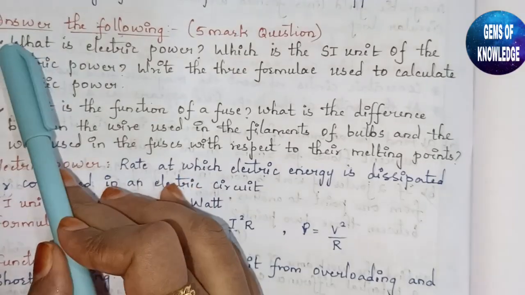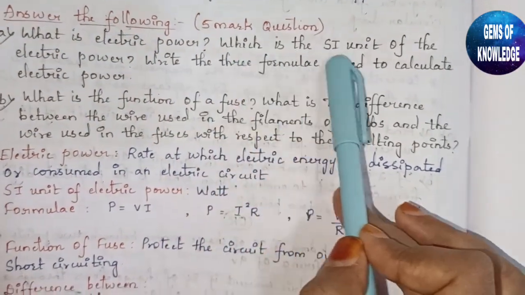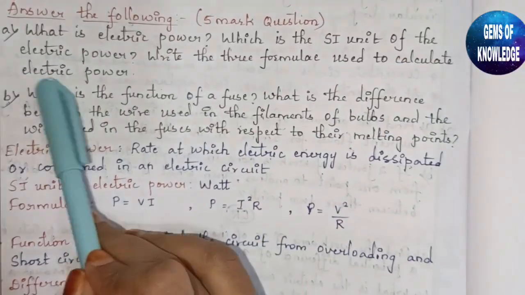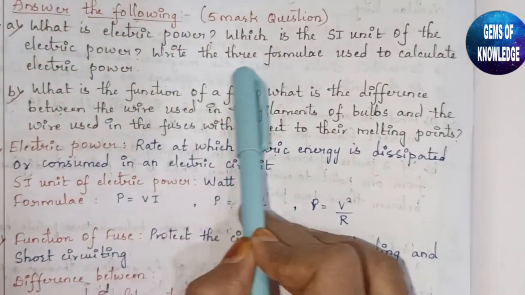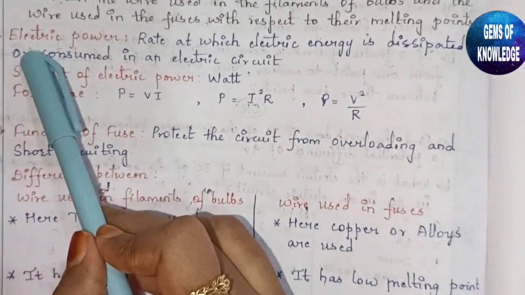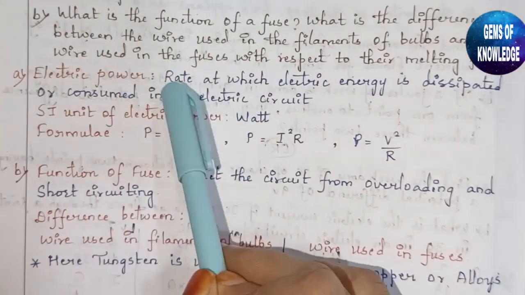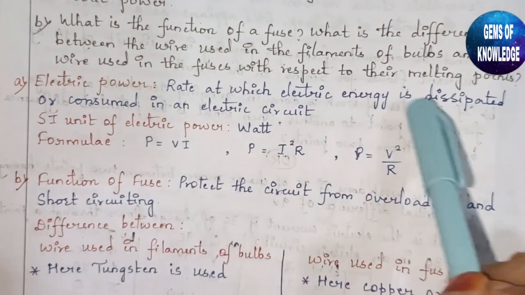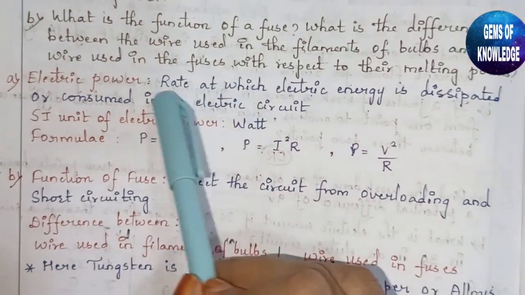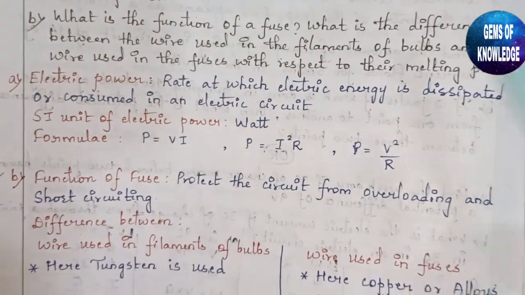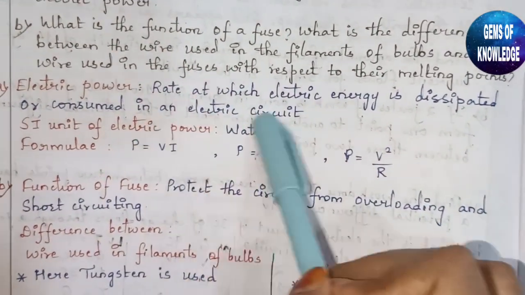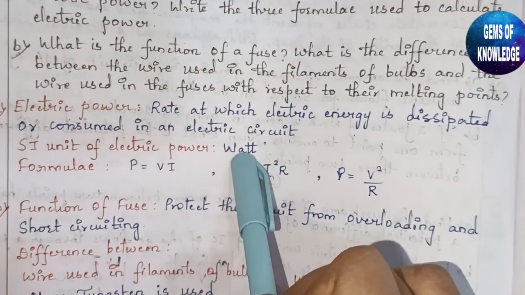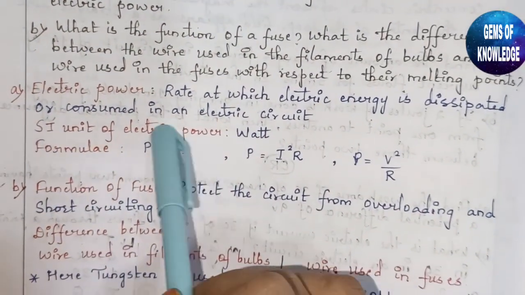Next, 5-mark question. What is electric power? What is the SI unit of electric power? Write the 3 formulae used to calculate electric power. So the first question here is what is electric power? It is the rate at which electric energy is dissipated or consumed. The rate at which the energy is lost or consumed in an electric circuit is called electric power. The SI unit of electric power is watt, and the formula,